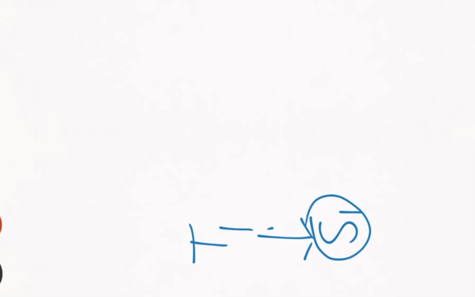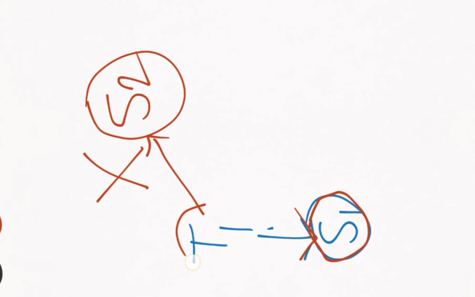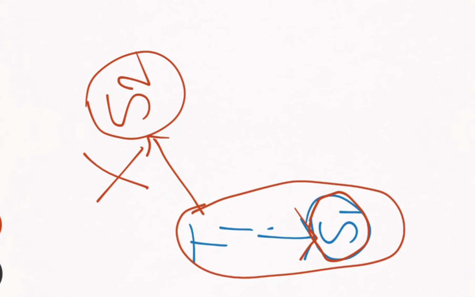So what I was trying to tell you is, if this particular transaction T1 is initiated on site S1, and suppose there is another site S2, then this transaction will not get access to site S2. Why? Because this transaction has been initiated on site S1 only. So that's why it cannot go to site S2.